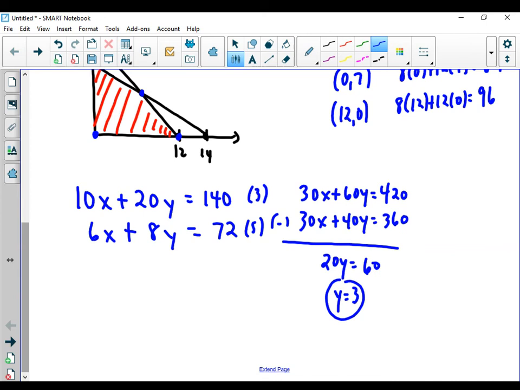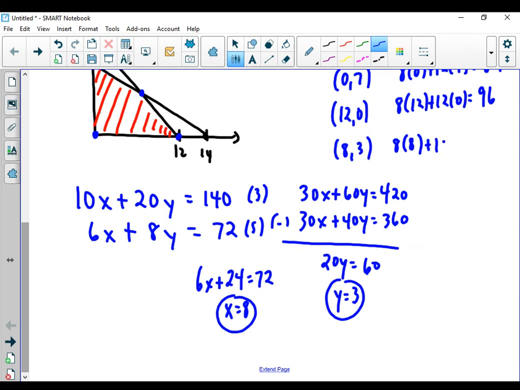Now when I plug that back in, I can figure out what x is. If I plug it into, say, the second equation, 6x plus, if I plug the 3 in, I've got 24, and I find out that x eventually is equal to 8. So the fourth point I'm going to check is the point 8, 3. So if I check that, I've got 8 times 8 plus 12 times 3, and 64 plus,